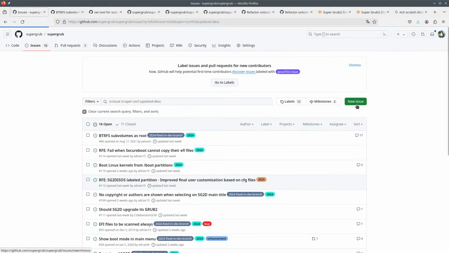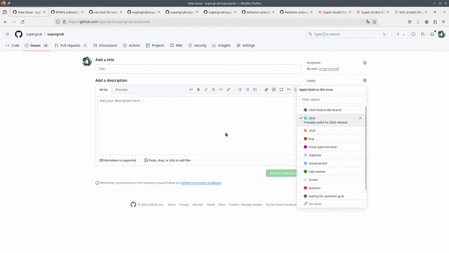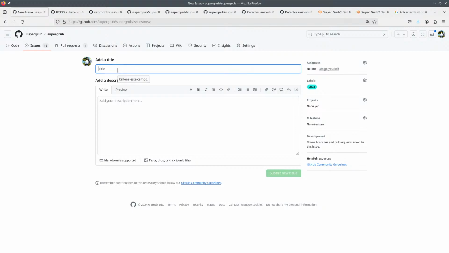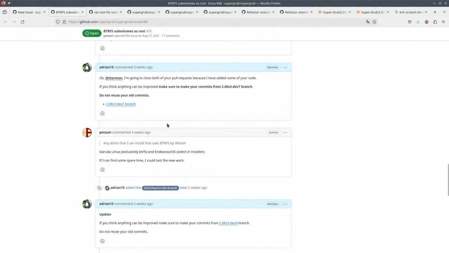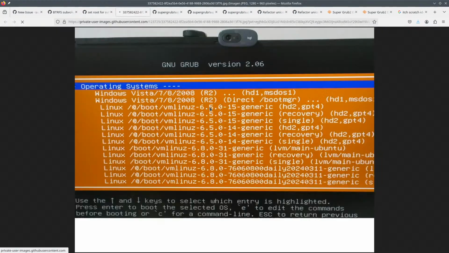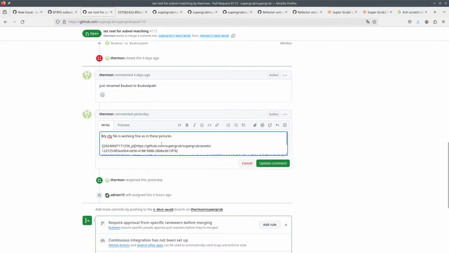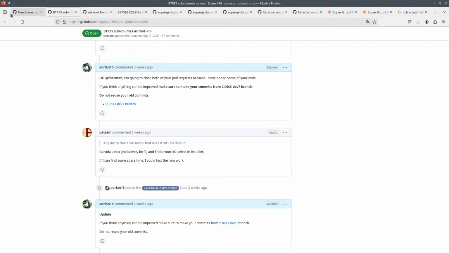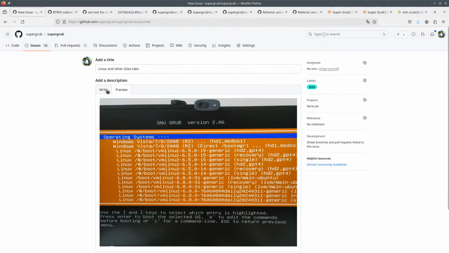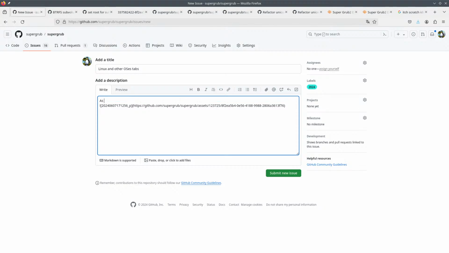So let's create a new issue for this, which is going to be 2024. This is going to be Linux and other OS tabs. So I can go here, I can edit this or something like that. Maybe this one here. As you can see in this image,